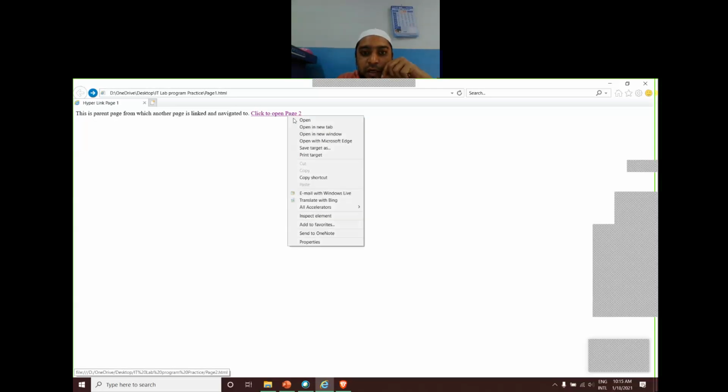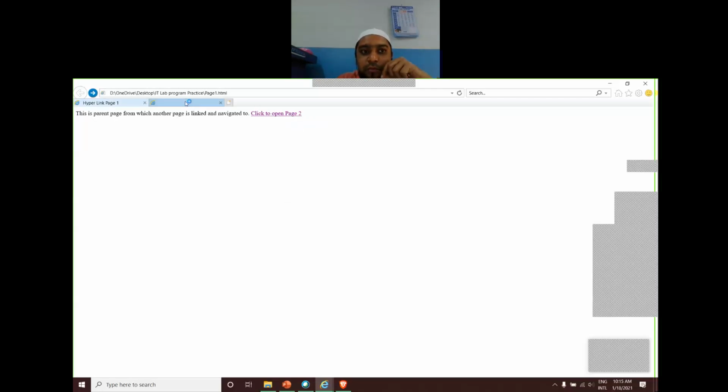I have the choice here: right click and go for new tab. It will open. But if I lose the previous page, it will be difficult for me to get back to where I started. For example, you have opened the Google search and you have got lots of links. If you click on that particular link, it will open within the same tab. But what will happen is if you open within the same tab, you will lose that particular list of files. You have to go back and then open it in